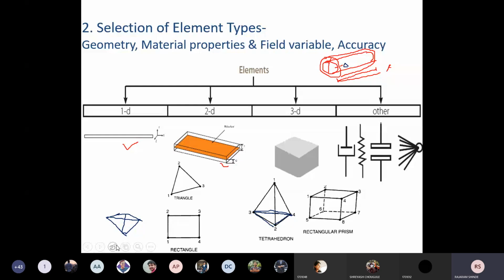If you have sufficient height, then you have to go for a three-dimensional element. That means if your diameter is big, this is a small inner diameter and the outer diameter is like this. If this gap is very high, suppose it is 10 millimeter or 20 millimeter, then you can use a three-dimensional element. But if it is a 1 or 2 millimeter gap here, then don't go for a three-dimensional element, otherwise that will fail. You agree with this?